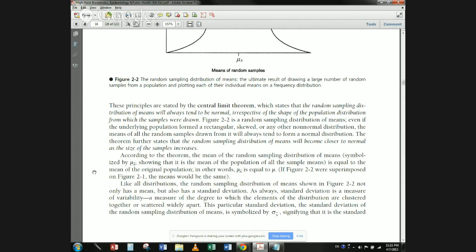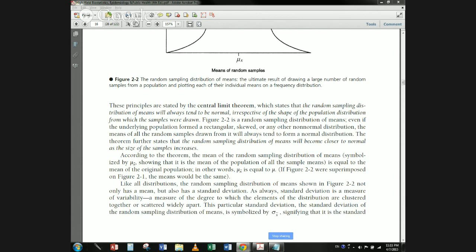Like all distributions, the random sampling distribution of means shown in figure 2.2 not only has a mean, but also has a standard deviation. As always, standard deviation is a measure of variability, a measure of the degree to which the elements of the distribution are clustered together or scattered widely apart. This particular standard deviation, the standard deviation of a random sampling distribution of means, is symbolized by sigma of the mean,